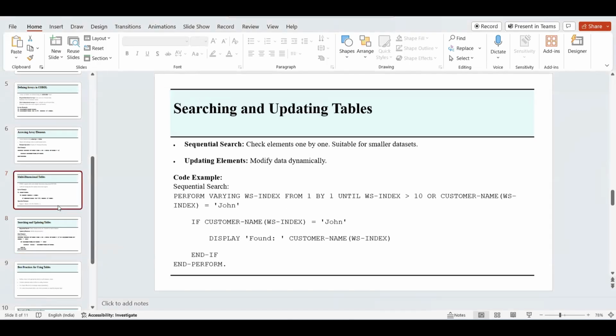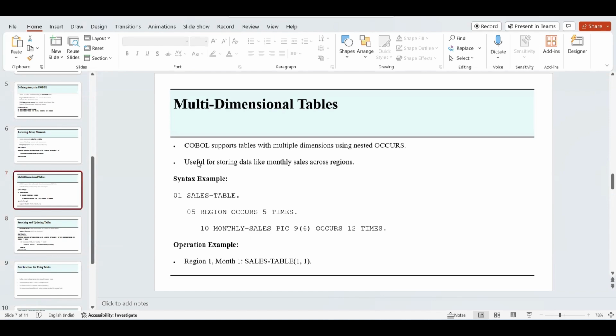Okay, just see the one multidimensional array also. In this case, the occurs clause is 5 times and it is 12 times. It is a five region, sorry. When it goes in at one time, it goes inside the occurs clause. It takes the one value and prints it for all 12 months, because it is on the monthly sales. If you see, it occurs 12 times, so it would just be displaying